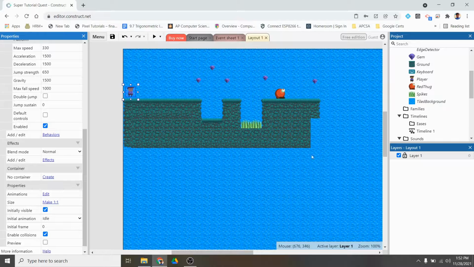Hello, welcome back. For this video, I want to create a display up in the corner that's going to display how many gems I've collected. And of course, you can use this display for any other information that you might want to show, such as how many lives, how much time's left, anything like that. So the first thing that I want to do is create a new layer, and that's done down here in